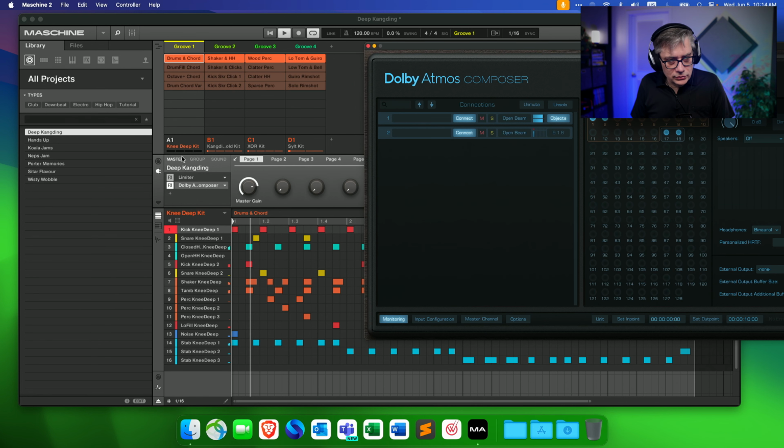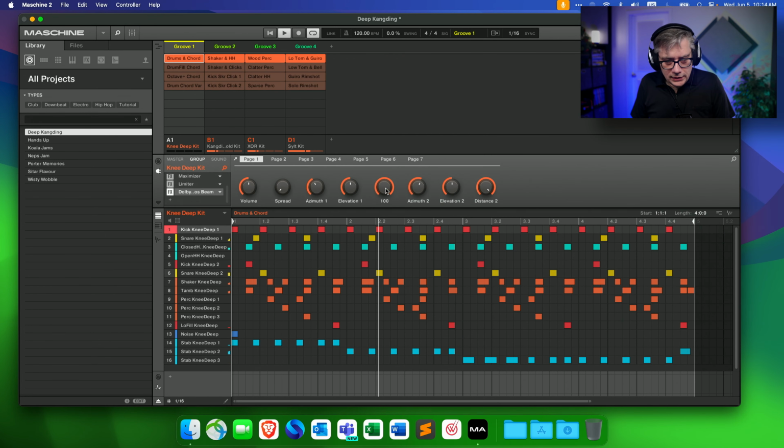So let's go into the group and maybe change the azimuth slightly and the elevation, and same thing here. And maybe the spread.